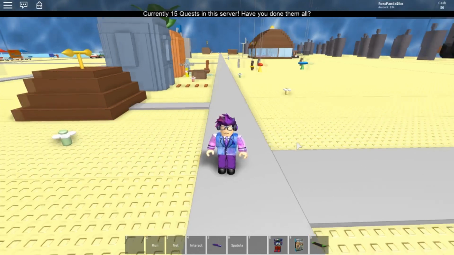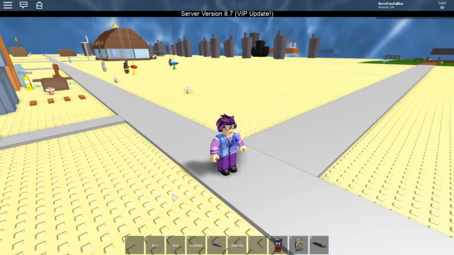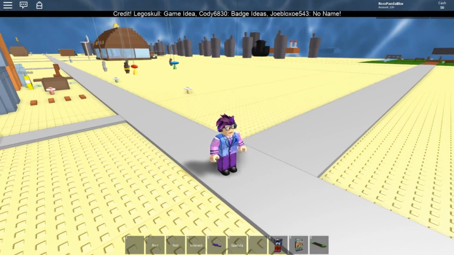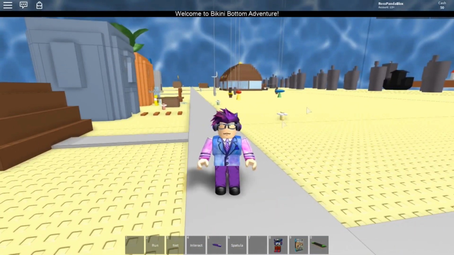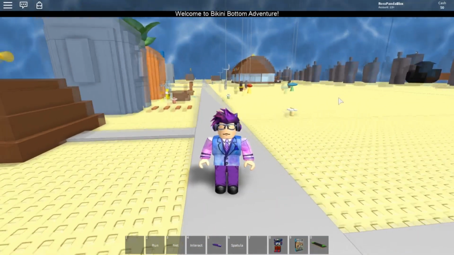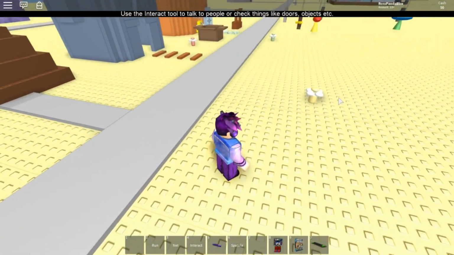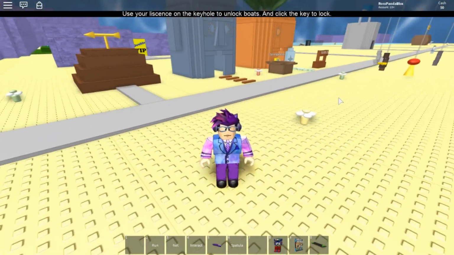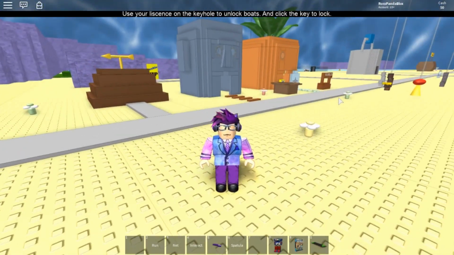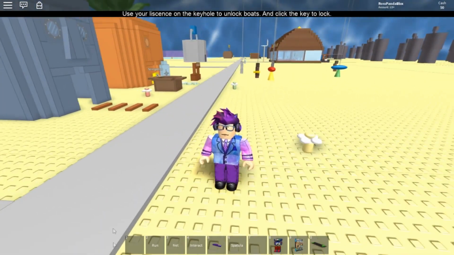Today we're going to play a game called, well, it's actually just a role-playing area called Bikini Bottom Adventure. What makes it so special is not only because of SpongeBob, but if you look at the style of this map and picture in your head the 2019 games, today they look very different. Well, this is an old classic made by